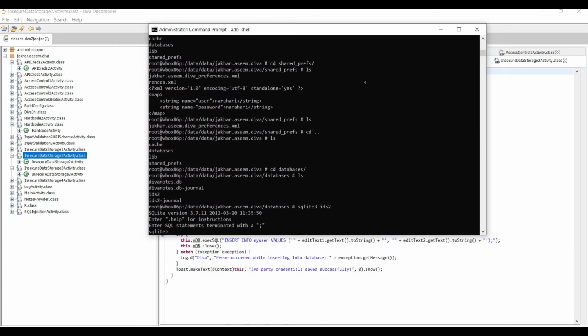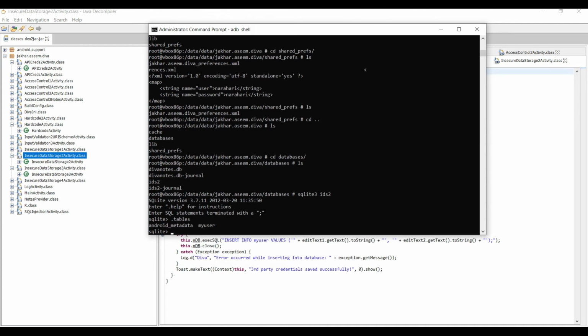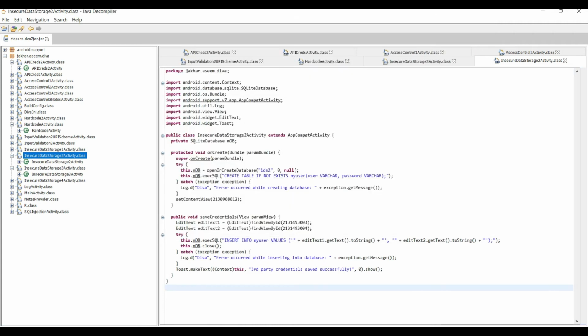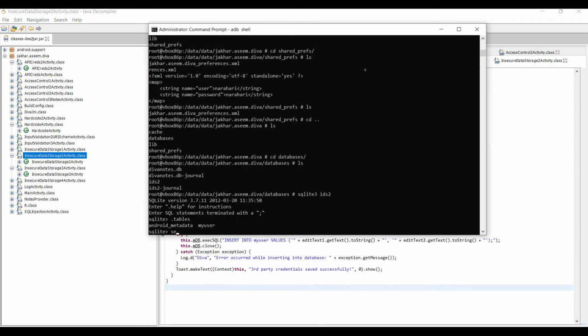Now we have entered successfully. Let's see what tables are available inside. Here you can see android_metadata and myuser. Let's see.